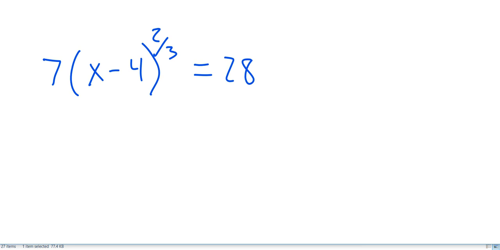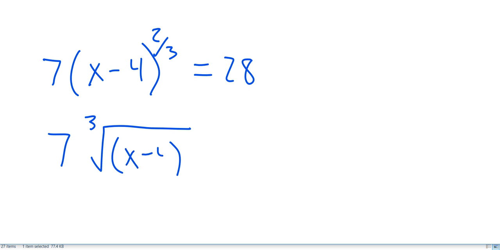Okay? First, I want you to change it to a radical with me, and then I'm going to let you try on your own. Okay, so what kind of radical is this? Cube root or square root? Cube root of what? X minus 4 quantity squared. That's right. Okay, now I'm going to let you try on your own. So I'll pause the video and